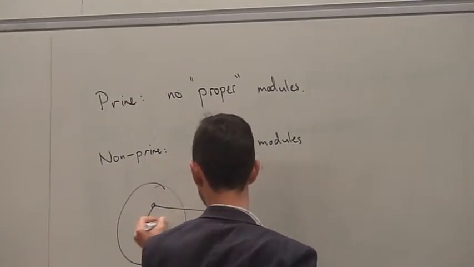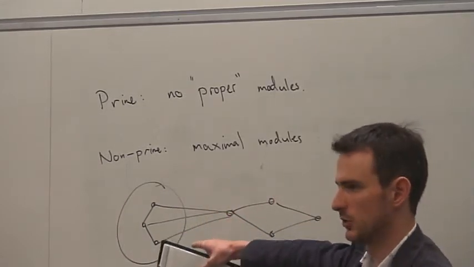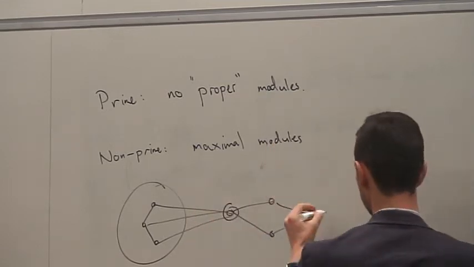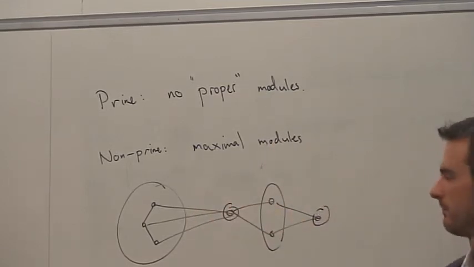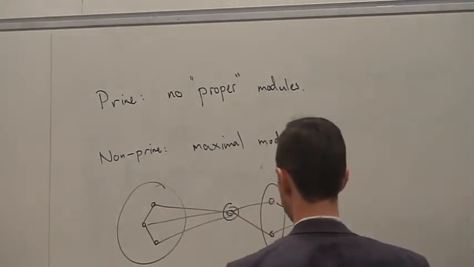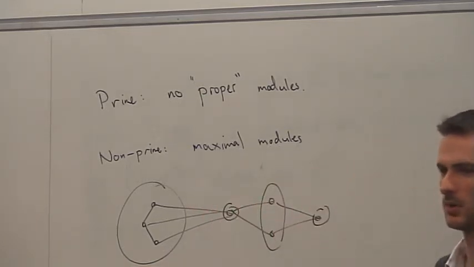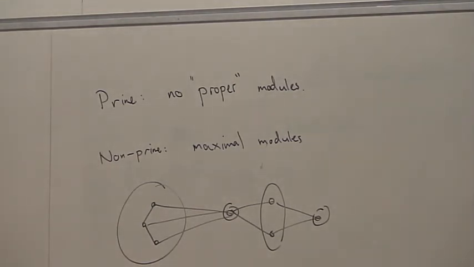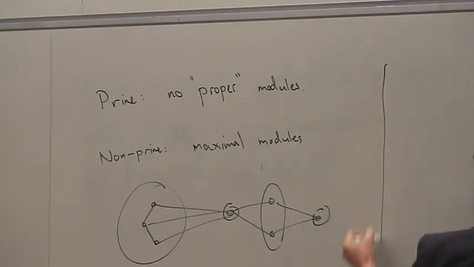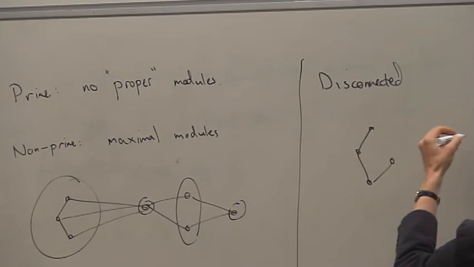So here's a graph like that. There's a module. There's a module. There's one. There's one. And now if I just colour in these things and turn them into super large vertices, I get the path of length 4. And that's a prime graph. And that's always true, except for disconnected graphs. But I don't really care about disconnected graphs. The reason why I don't care about disconnected graphs, maybe I'll show you why it's not quite true. So, for a disconnected graph, say I've got several components,